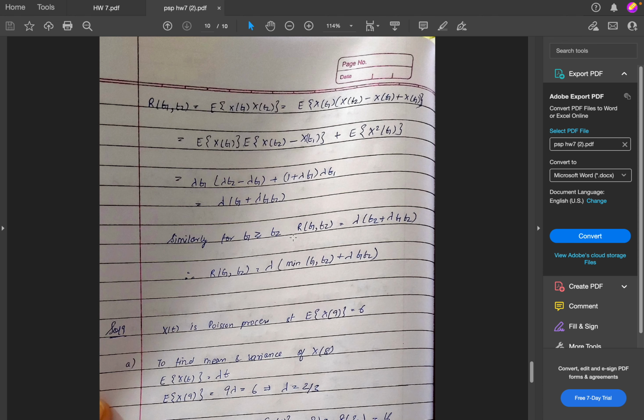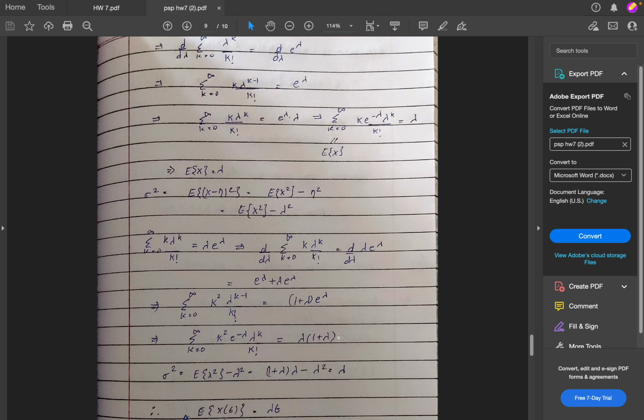So using this, we can write R(t1, t2), which is basically the expected value of x(t1) times x(t2), and we are rewriting the second term, so it will be the expected value of x(t1) times x(t2) minus x(t1) plus x(t1). We are adding and subtracting x(t1), which won't make any difference,